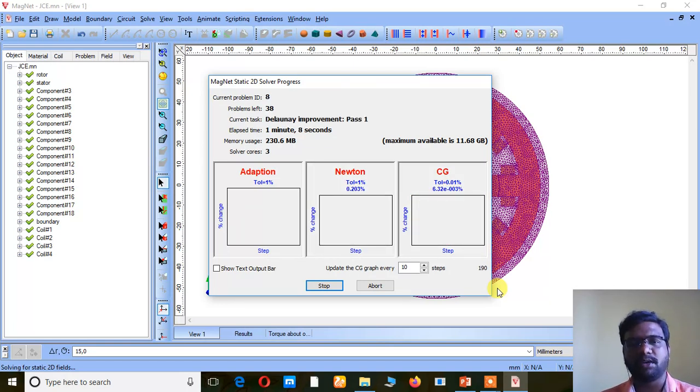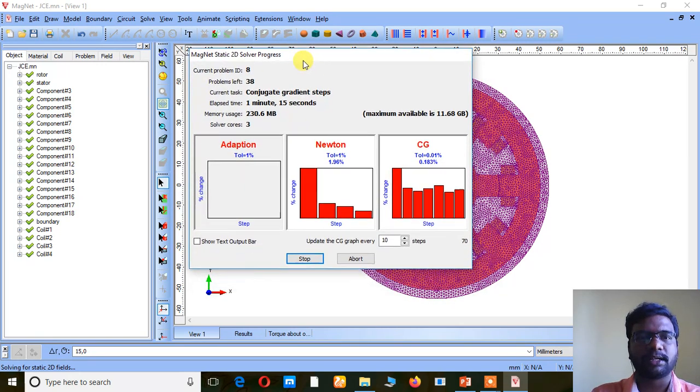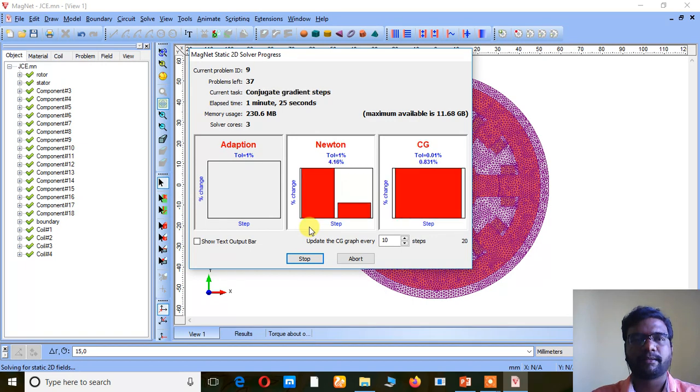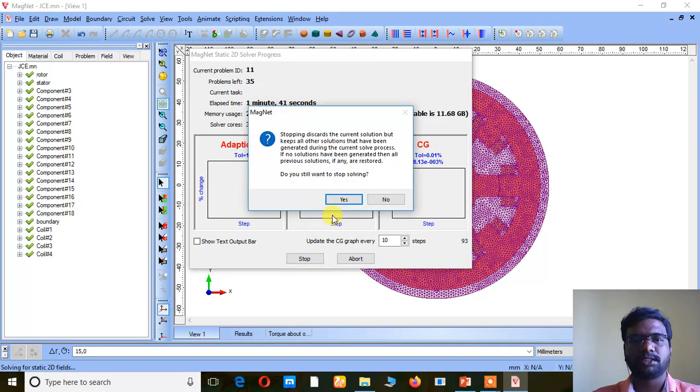So it is taking more time, so I am going to plan to stop this one. Stop the run time of this simulation. So we will do up to 10 problems. We will try. So just stopping it now.